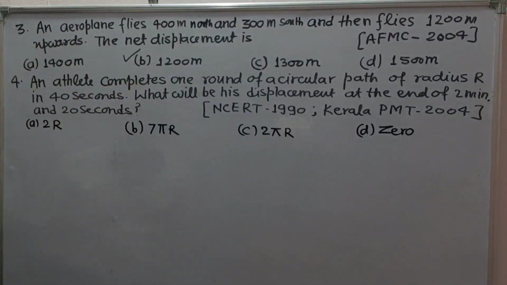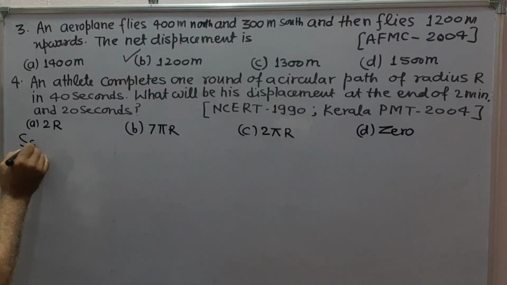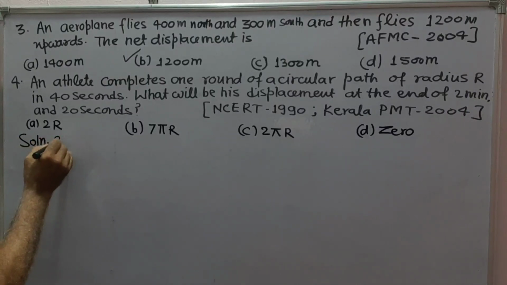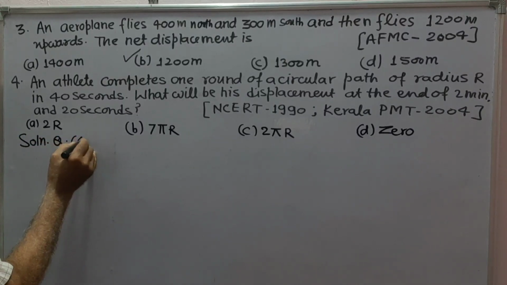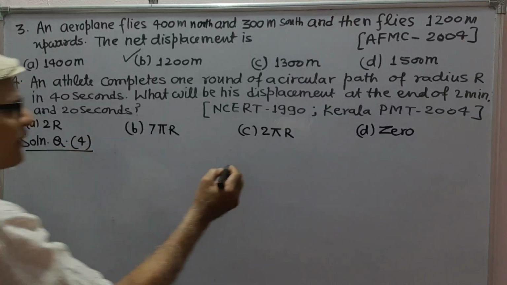Next question number 4. The question is, an athlete completes one round of a circular path of radius r in 40 seconds. What will be his displacement at the end of 2 minutes and 20 seconds? Now, solution to question 4. Here,